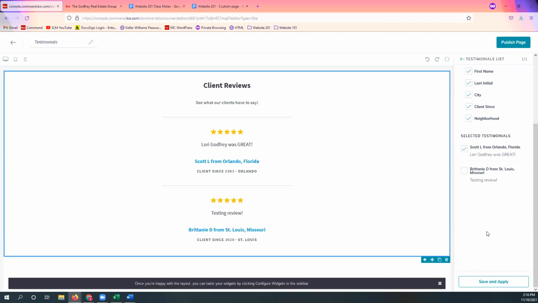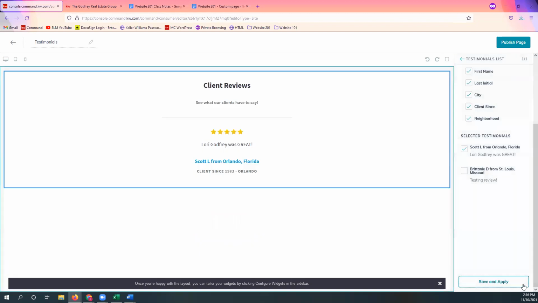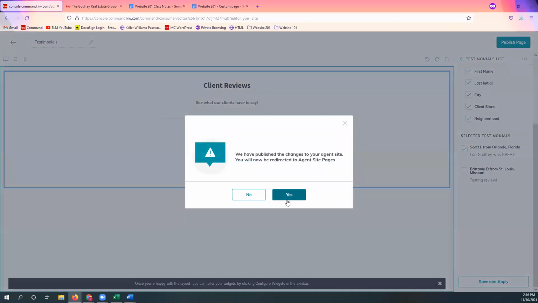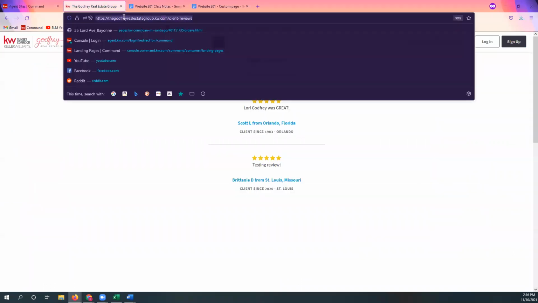You can also remove some. So for example, maybe you accidentally added one twice, you only want one of them. No problem. You would just refresh it. And then if you do make edits, you just click on that publish page button on the top. And once I click on yes this time, all it does is update it. So I don't even have to do anything because it was already a live page. So now if I refresh,